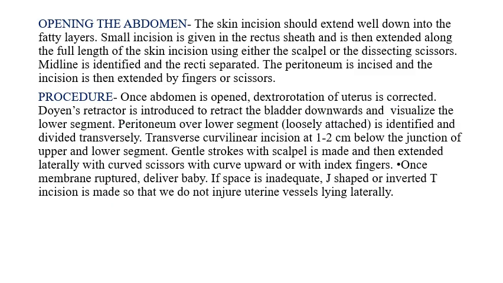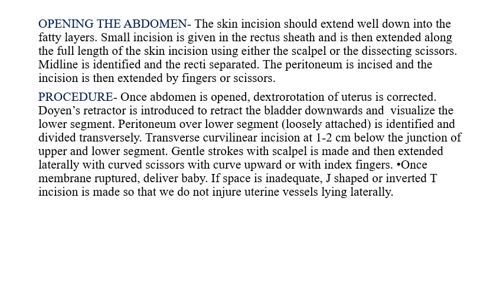Next is opening of the abdomen. So the skin incision should extend well down into the fatty layers. Small incision is given in the rectus sheath and is then extended along the full length of the skin incision using scalpel or the dissecting scissors. The midline is identified and the recti separated. Next, the peritoneum is incised and the incision is extended by fingers or scissors. Once we are into the abdomen,